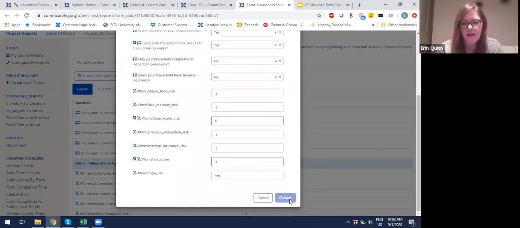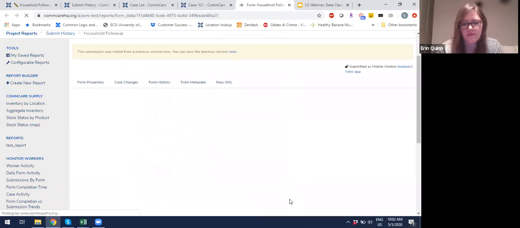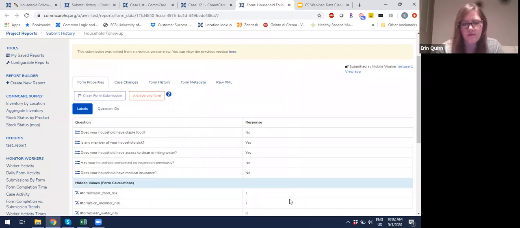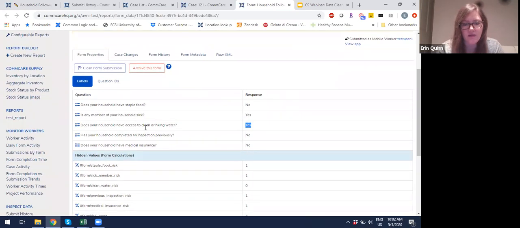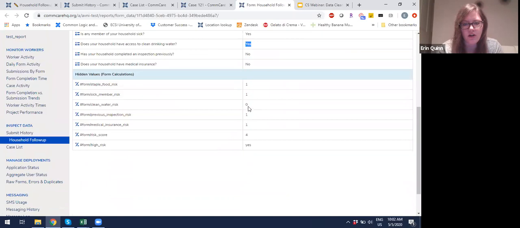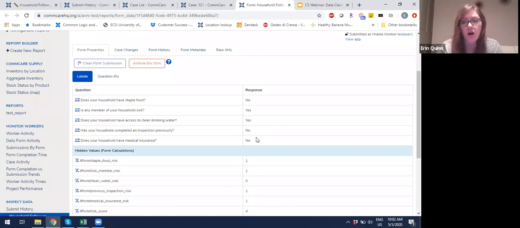So I'm going to press save here. And you can see now that the form submission itself has been edited. So now, yes, we have access to clean drinking water. We have 0 points on that clean water risk. The high risk is still yes, but the risk score itself has gone down to 4. So all of our form data has now been cleaned. That's fantastic. The last thing I want to do on this example now is go back and actually clean the